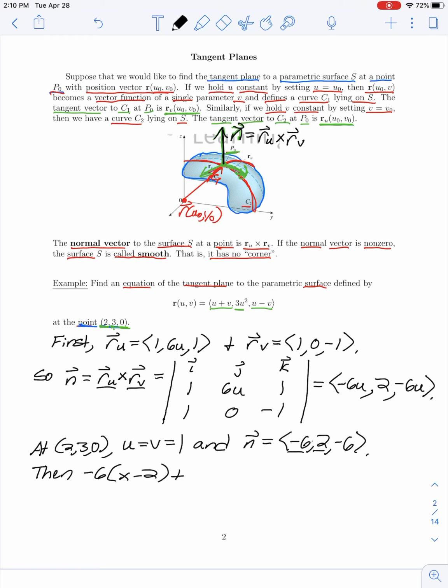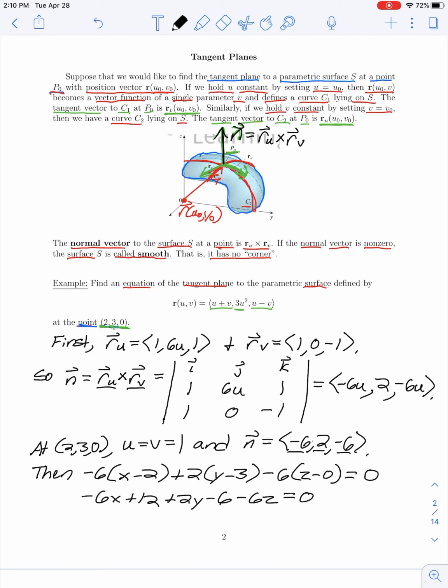Then we add the y component of our normal vector, which was 2, times y minus the y-coordinate for the point, which is 3, and then plus a negative 6, so minus 6, times z minus the z-coordinate for our point, which was 0, and that has to equal 0. So simplifying a little bit, if we distribute, we have negative 6x plus 12 plus 2y minus 6 minus 6z